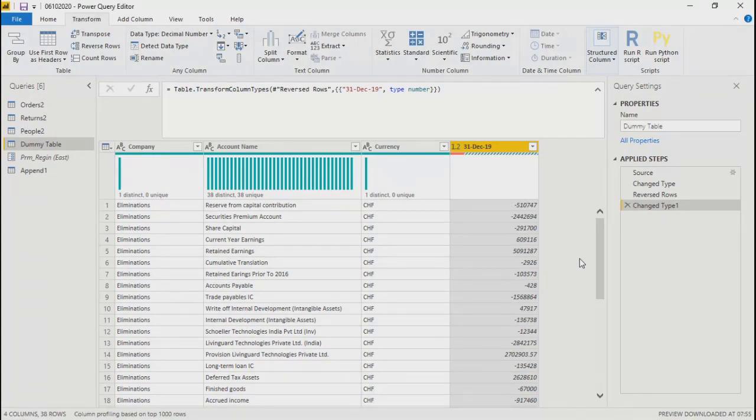Any benefit of using this detect data types? So if we have one large dataset with 2000 to 3000 columns, we cannot go to each and every data type to check whether it is a whole number.